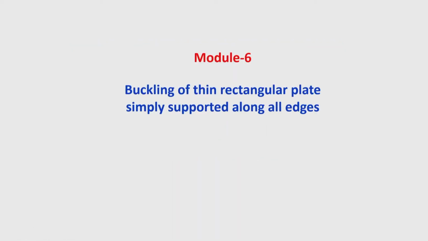So, buckling of rectangular plate we have taken, and for the first case I have taken a simply supported boundary condition along all the edges. Now, when the rectangular plate is simply supported along all edges, that boundary condition is popularly known as Navier condition, and Navier proposed a series solution for that, and therefore the solution becomes very easy if we take the help of Navier's double trigonometrical series.